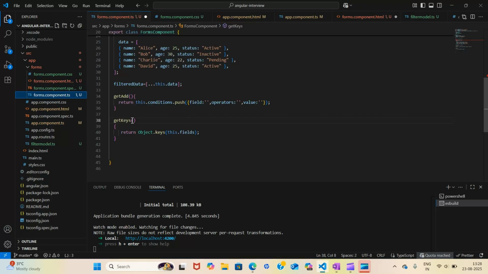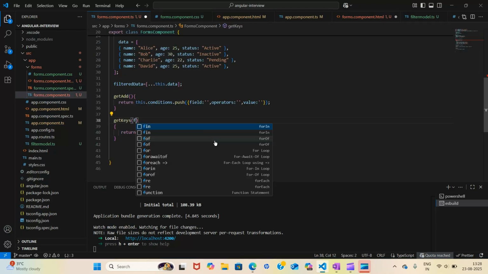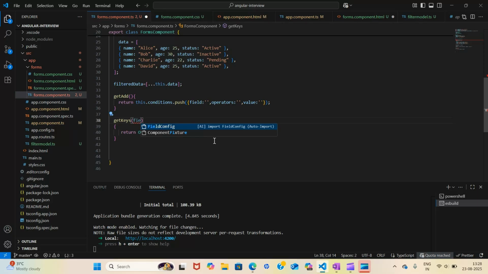And here also I should get a field, and the field should be of string type. I should get this field, but I already have it, so I don't want to get this.